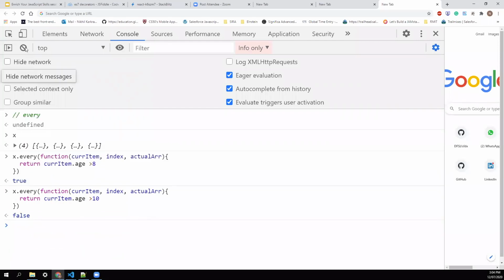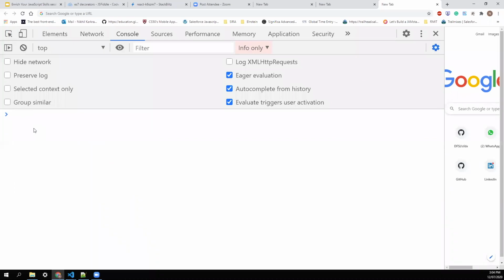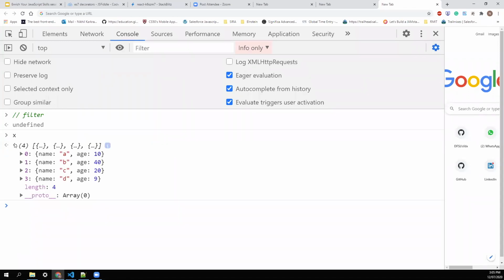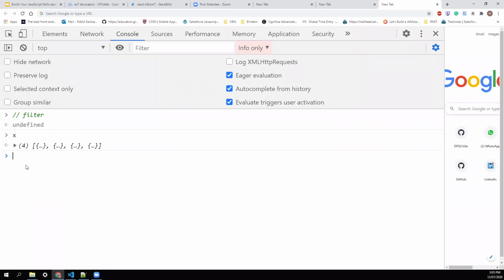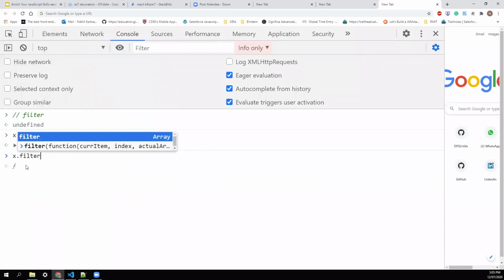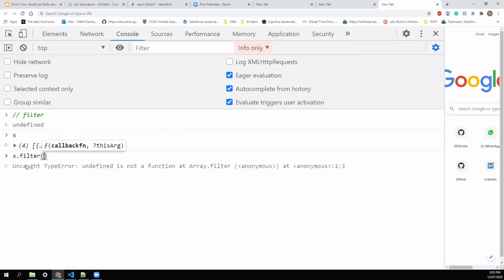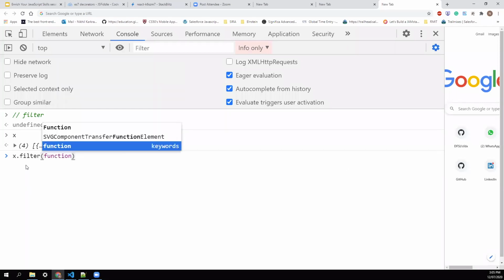So let's go to the next one, that is filter. In the filter operation, it returns a new array with all the elements that satisfy the condition. The syntax will remain the same and our array remains the same. So we put the filter operation on the same array with the same syntax, that is callback.